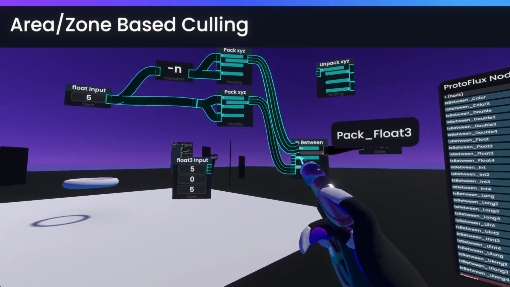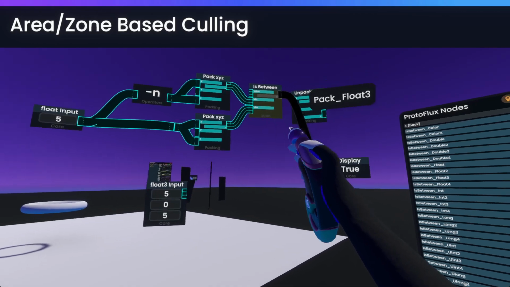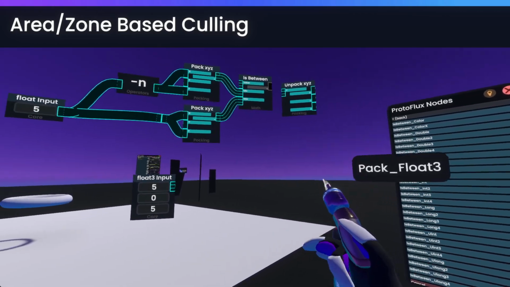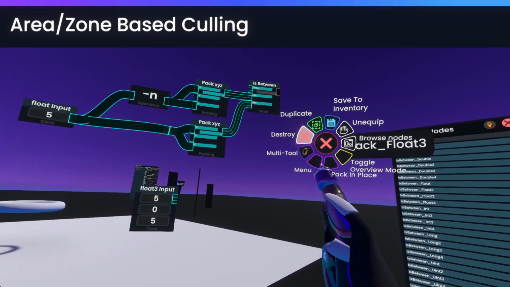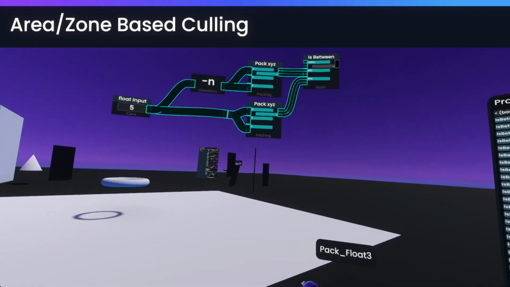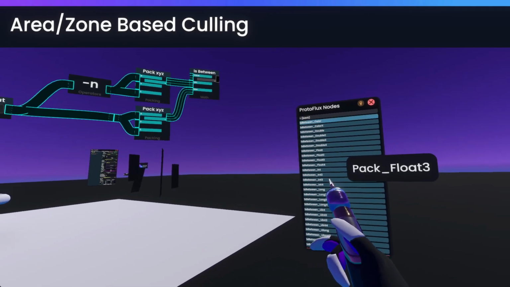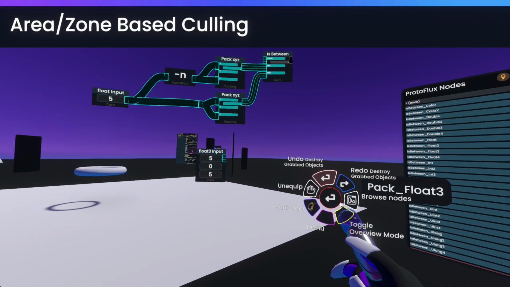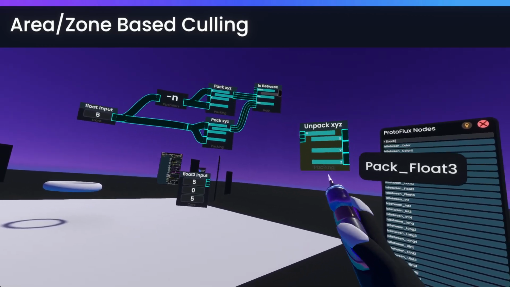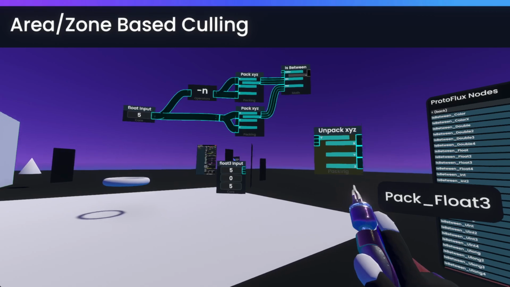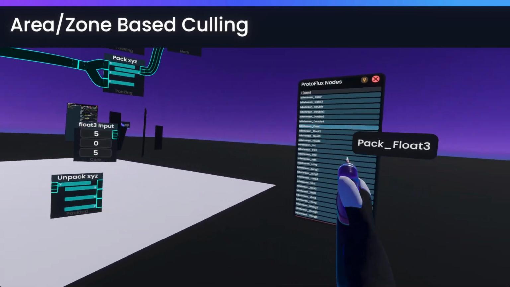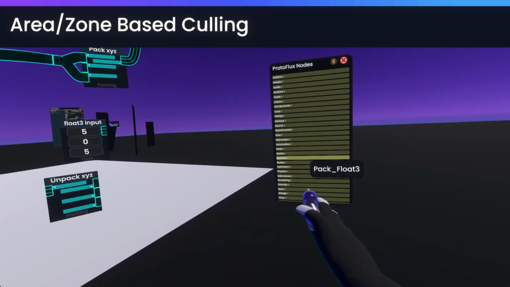This is the +5 and this is the -5. All right. And this is already almost done. I'll destroy the unpack, but we do need the unpack because the next thing we'll be getting